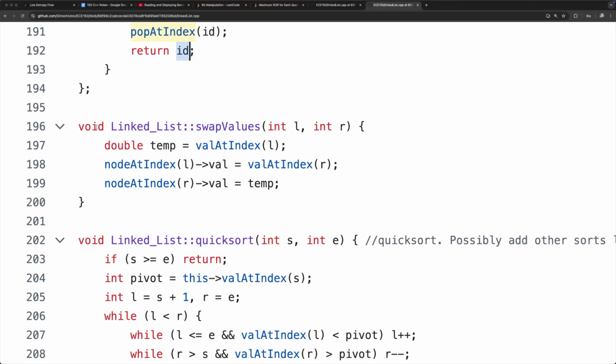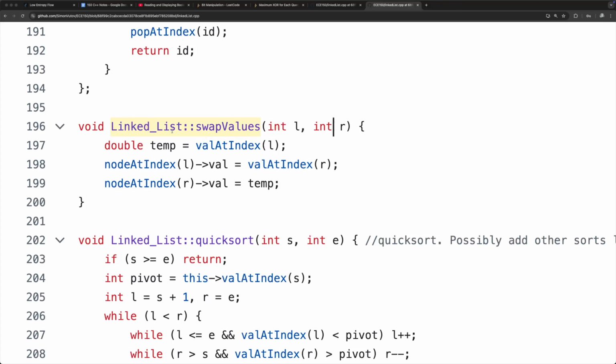All right, so now let's look at how we define the member functions externally out of the class. So we state the return type as usual, but then before typing the name, we have to type in the class name and two colons. So in this case, linked_list::, and so in this specific swap values, we input the left and right